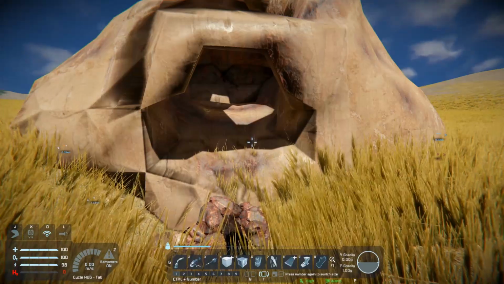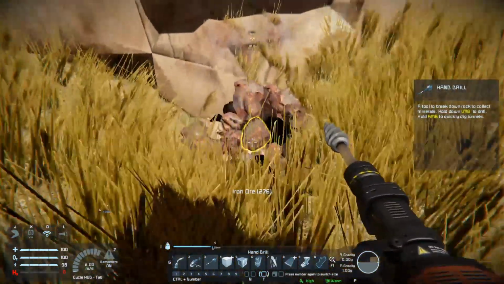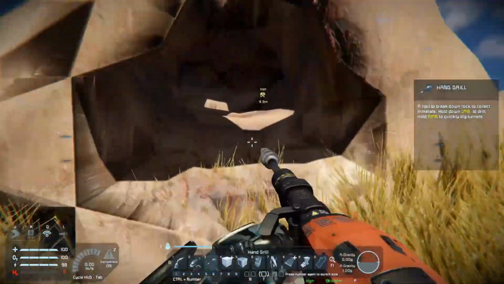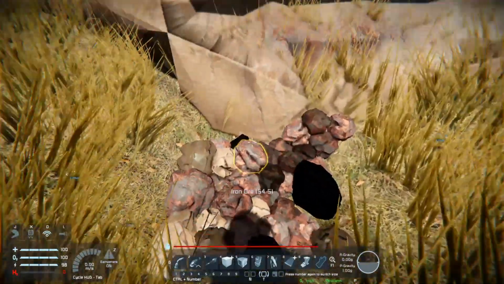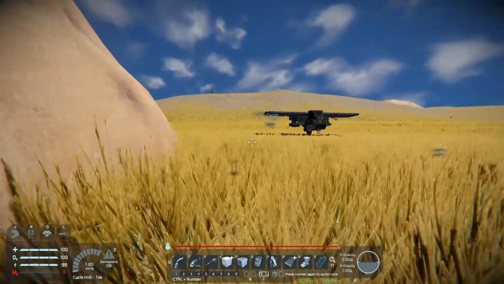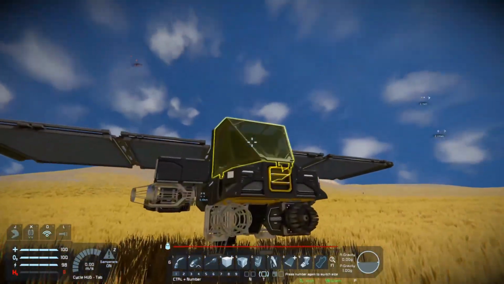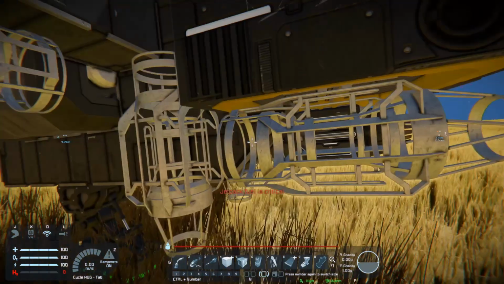So I always found it smart, and if you don't want to mine stone, just hold your right click, and basically you right click, you make a little hole right here, and then you start mining up into the rock. So it's just kind of like a little Space Engineers 101, I guess. If you're gonna be mining, probably best to make a